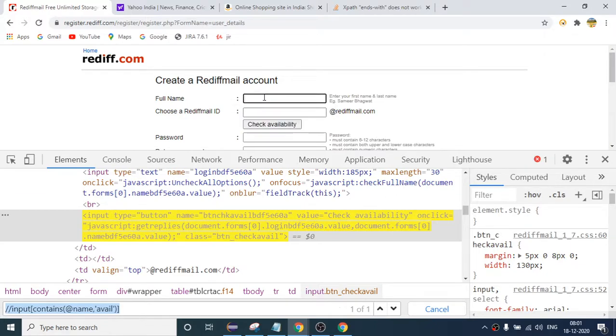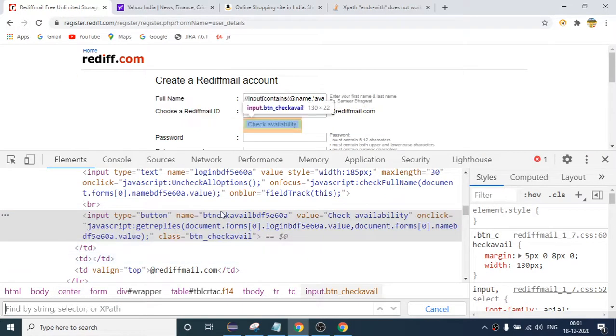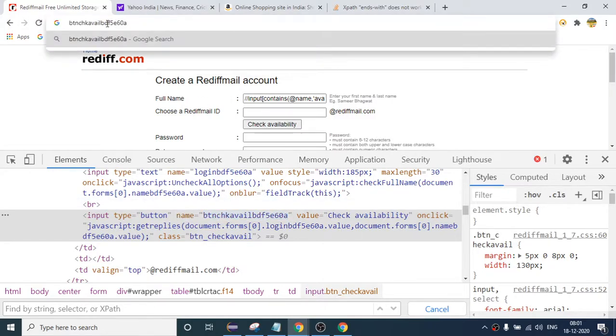Now this will work. If I copy it and write it here, why are we using the contains keyword this time? Because here only this part is changing, so you can use starts-with if only this part changes. But suppose this previous part also keeps changing, then starts-with will not work.